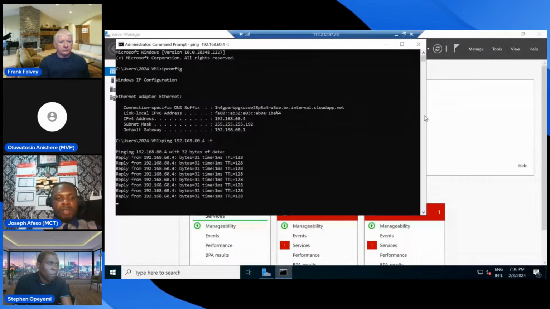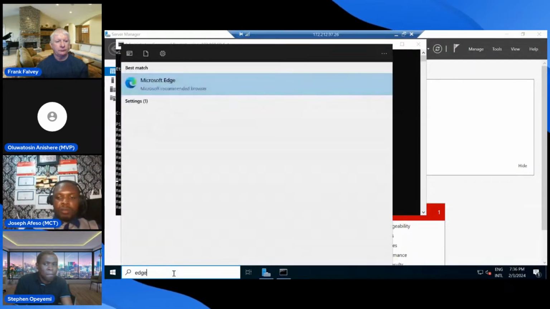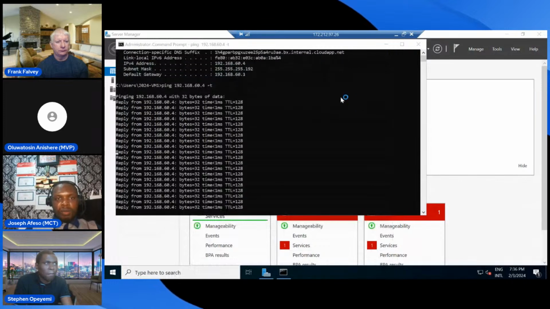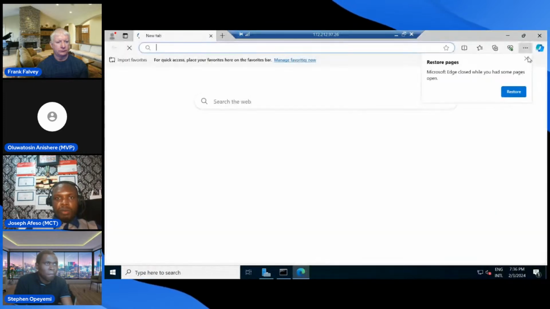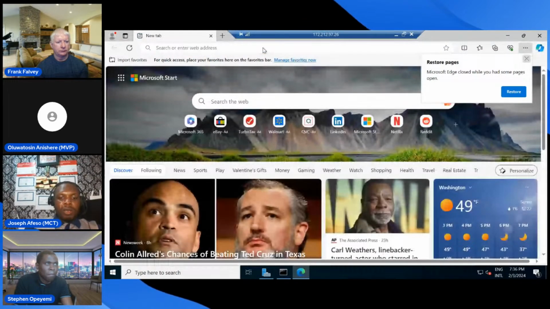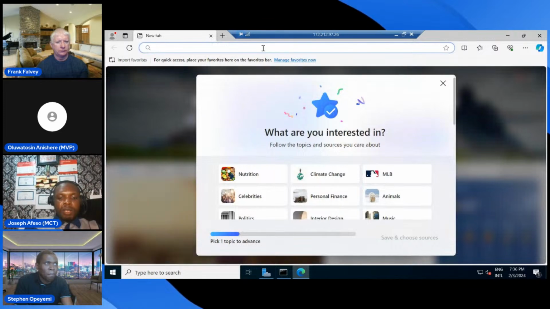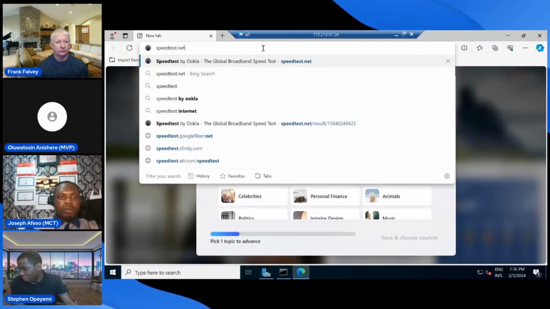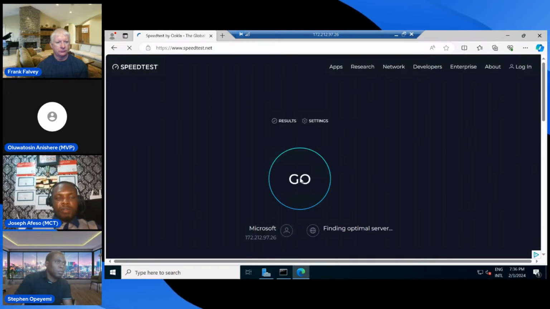One very interesting thing about the machine in the cloud, to round off, is one more thing to show you. Edge browser. It's actually a new machine too, so I'm not sure Edge has been opened before. Okay, good, it's open already. Let me go to speedtest.net, and then you see the speed of the network on this machine itself.